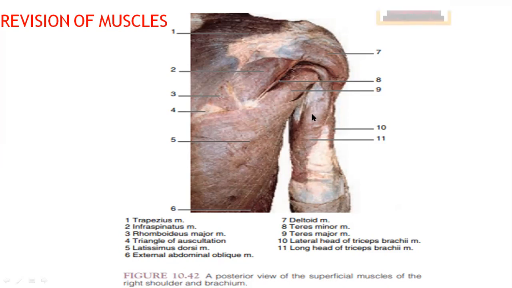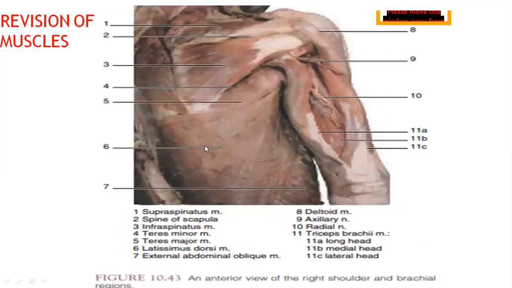Then behind, in the posterior compartment of the arm, we have triceps, right? This is the lateral head of the triceps and this becomes the long head of the triceps. So these are the muscles we see. In the same picture, the trapezius has been reflected. You can see the spine of the scapula more clearly. Hence, this becomes supraspinatus. This becomes infraspinatus, isn't it? Then we have teres minor muscle, below which we have teres major muscle.